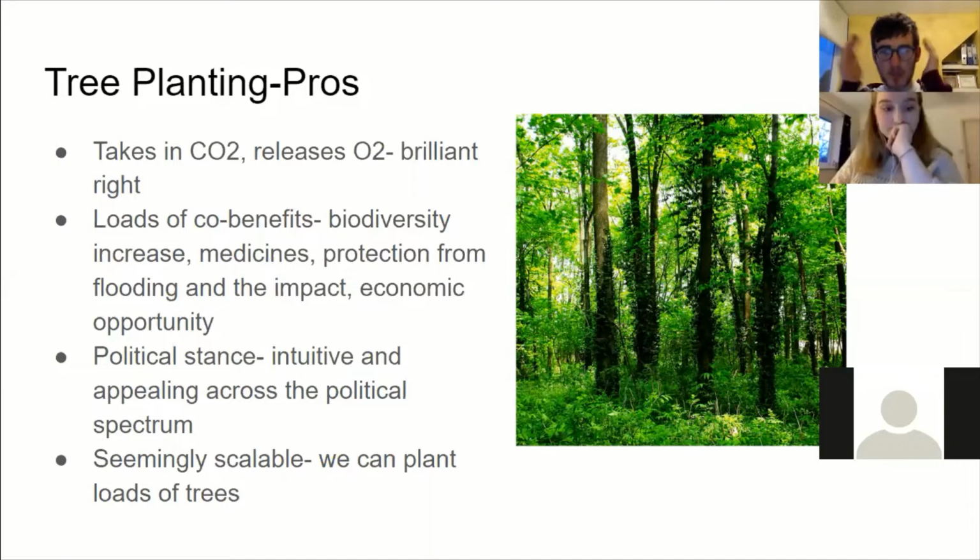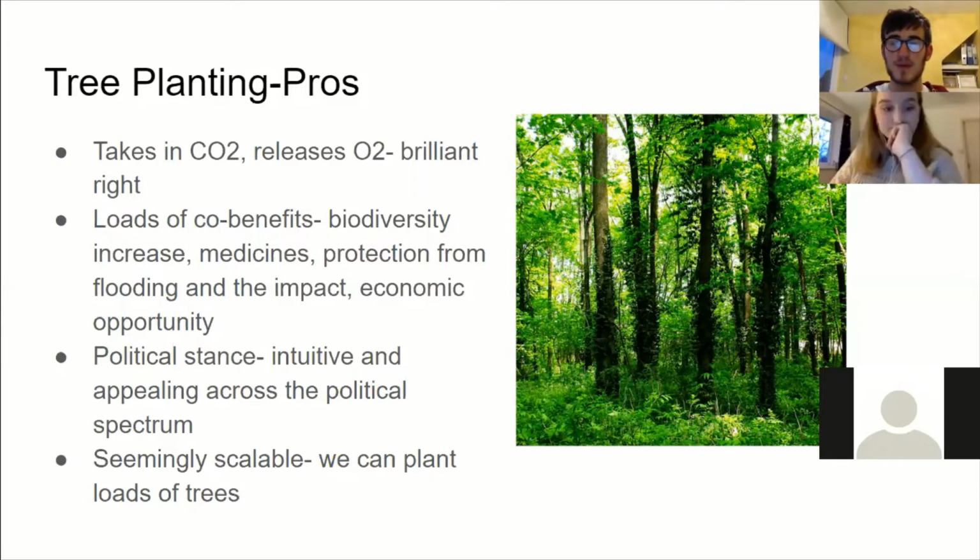Also, trees intuitively stick with the population. People intuitively think more trees are good, whether they are from the left of the political spectrum or the right. Almost everyone agrees that trees are good things. And political parties too. You've just got to look at what happened in the most recent UK general election, where each political party was competing to have the highest number of trees that they were planting. So it clearly makes sense to us, and therefore might be a solution that will get continual public support for years to come. Also, we can see the benefits of planting trees because we go to forests and we use them as well. And on the surface, it seems like it's scalable because we can plant loads of trees.